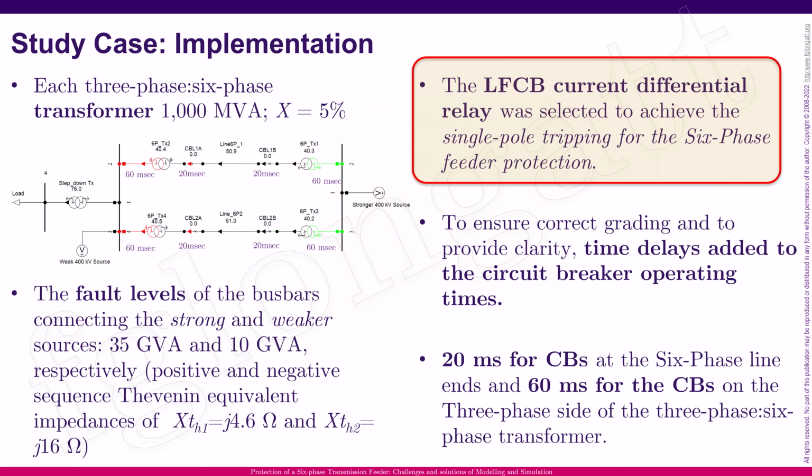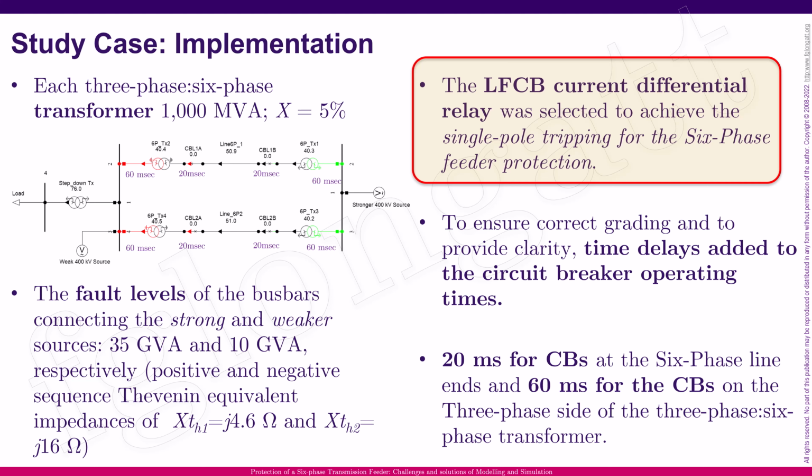Now we are talking about the possible protection, and in this case we are interested in protecting this six-phase system using a current differential relay. In this case, we decide to use the classical LFCB, and we have included some time delays for the circuit breaker: 20 milliseconds for the circuit breakers in the six-phase line, and 60 milliseconds for the transmission